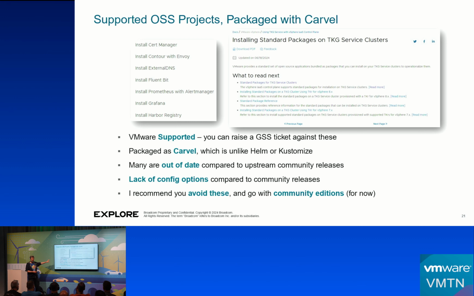I just go open source, community editions, Helm charts. Base what you're putting in these clusters on something you control a little bit better, that's a little bit more standard. Carvel's very powerful. I'm a fan of that toolset, actually, but it's a little bit niche, and you won't find a lot of documentation about it. So maybe just go community versions for all this stuff. But the advantage is, if you really do like support, consider it. Look carefully on a case-by-case basis at where VMware support would be beneficial here, right? Broadcom support.